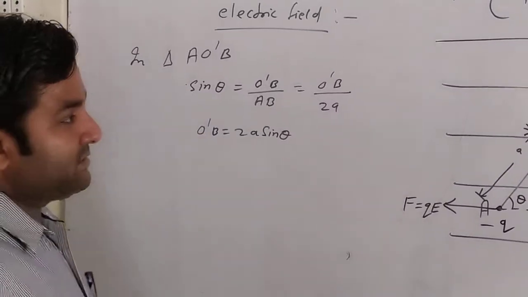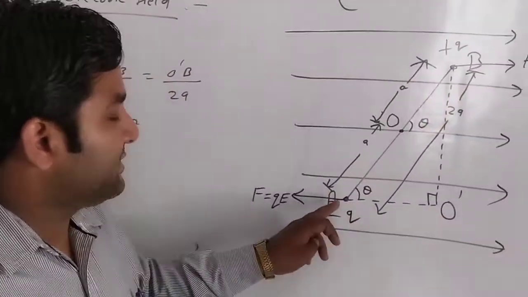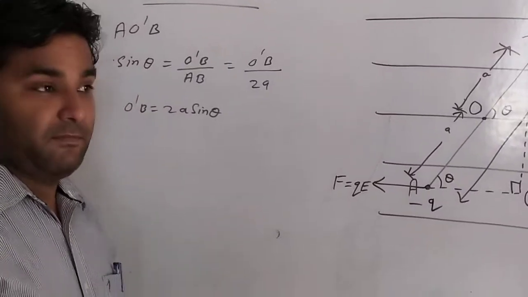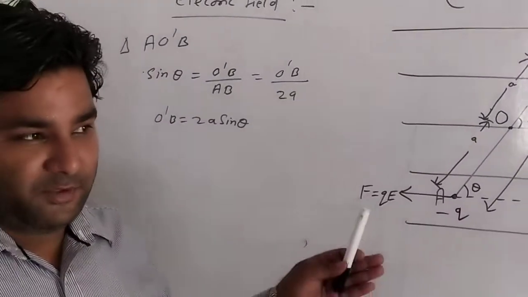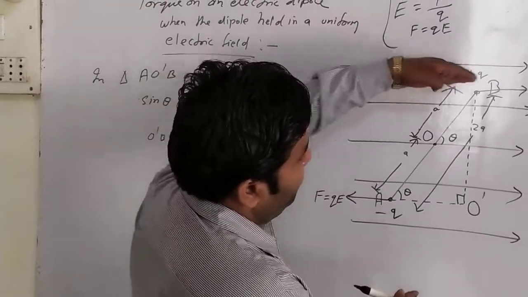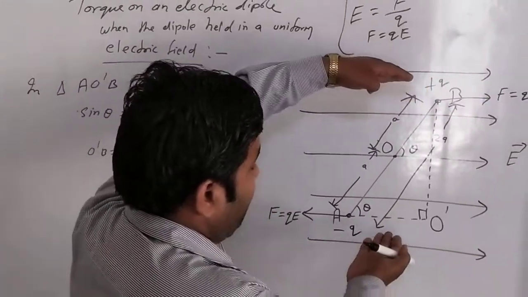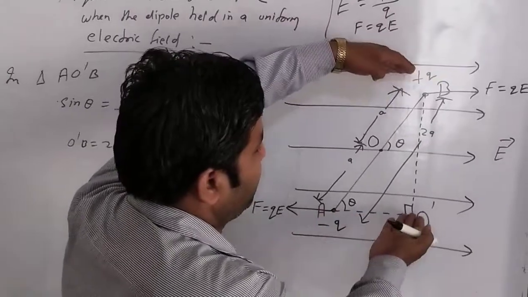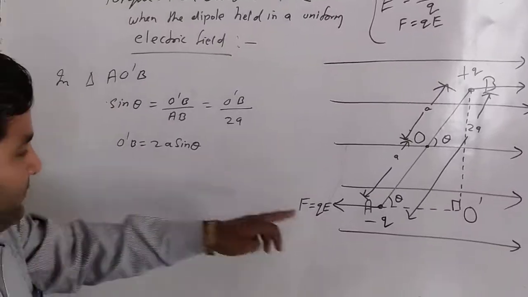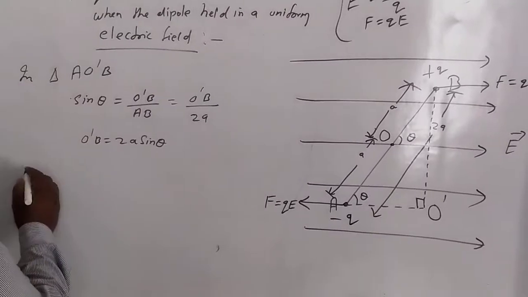So for the turning effect of force, whenever you have to calculate the turning effect or torque of a force, you need the force value and the perpendicular distance between the lines of action of the forces. Here at this point the force is acting towards the left and here towards the right. Any one force and the perpendicular distance between them, this is O dash B. So O dash B is calculated, and the force value is either this QE or this QE, because both are equal. Then by the definition of torque,